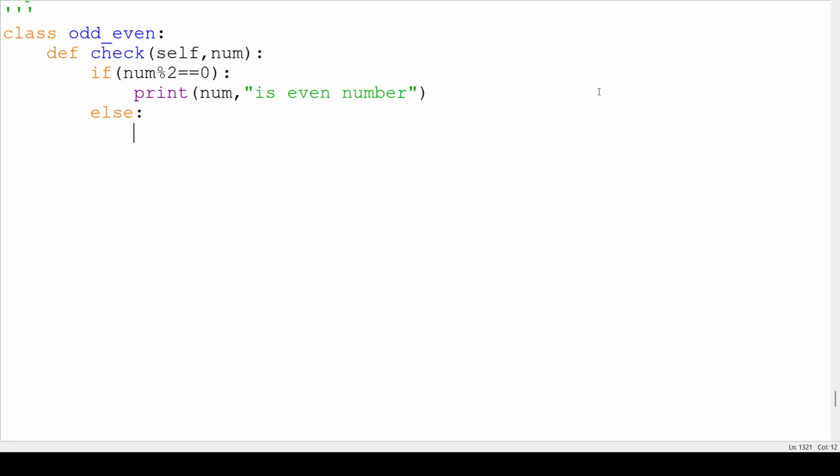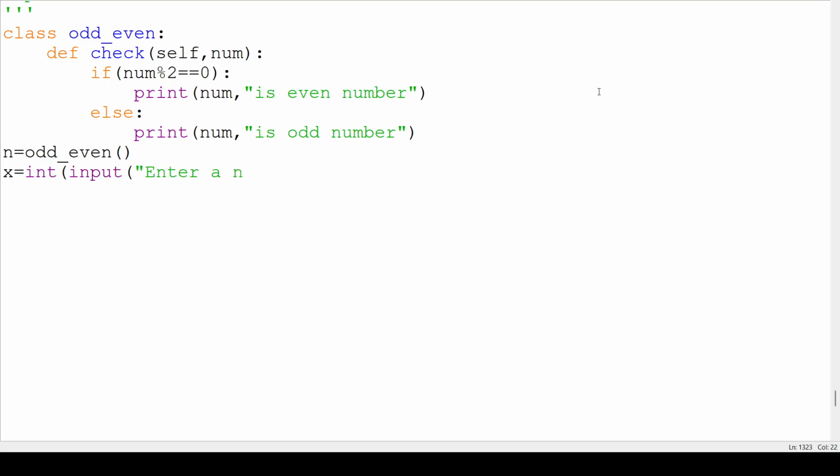Okay, then else print num is odd number. Okay, now we have to create a class object like n equal to class name, then function like parenthesis. Now we are going to get the number as input, so x equal to int input, double quotes, enter a number,